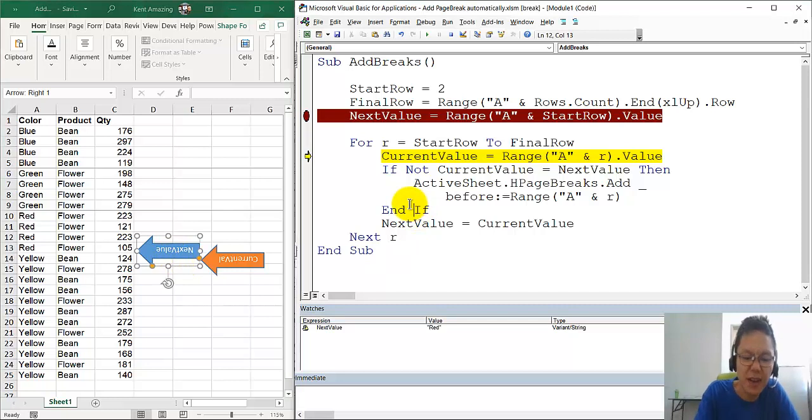So here we have encountered the next not equal to change, right? So you can see that this is where yellow and red is not the same. So now here we can just do another page break. Notice that there is another page break, and then we can continue moving to the next. As the value is changing, the watch will also change, right? So that's how we can add page breaks